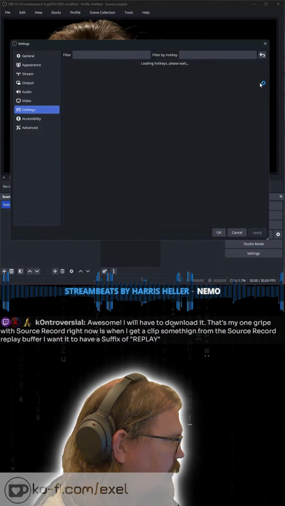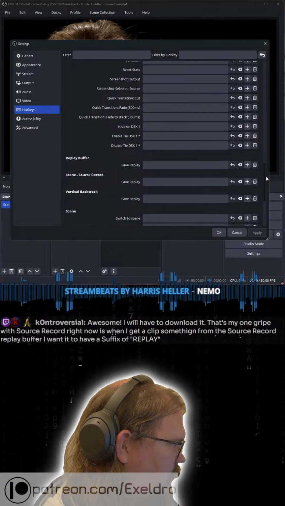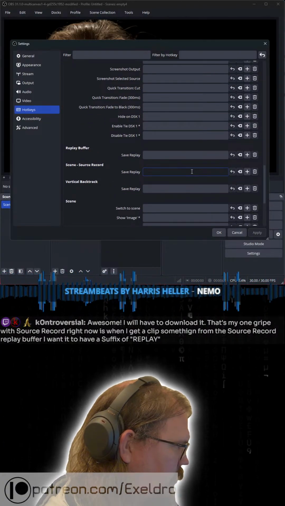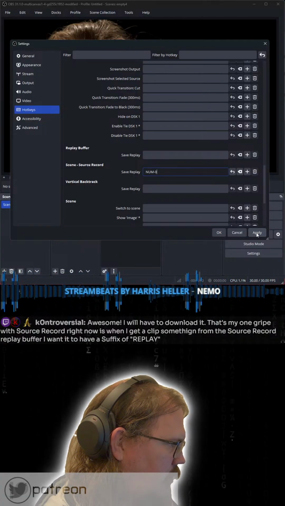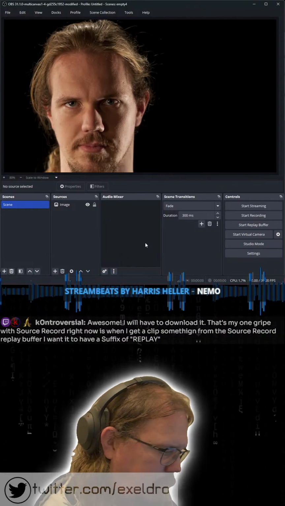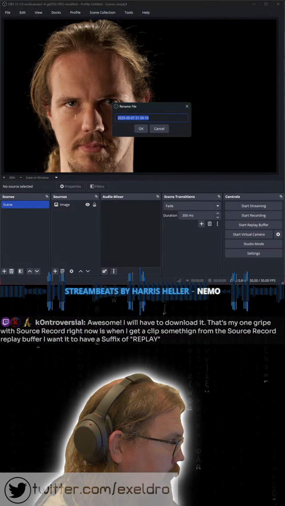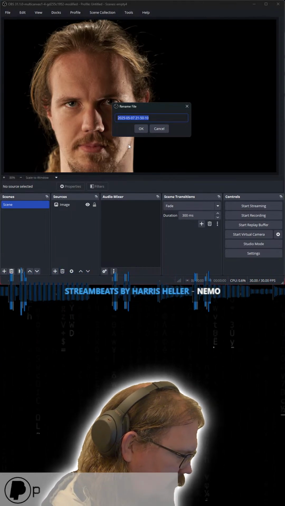Let's see, hotkey, and there should be this one. So if we press this one, we get the rename file pop-up, and we can rename it to